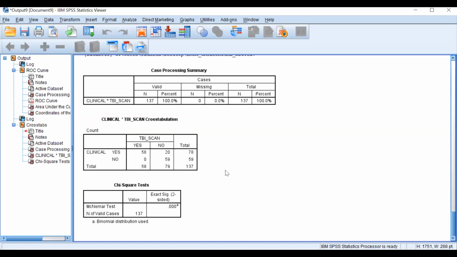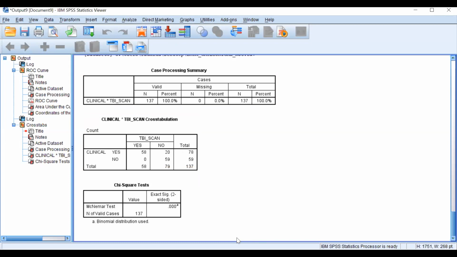So that is why we want to test this. We want to test whether there is a statistically significant discordance in proportion between the TBI scan and the clinical test.